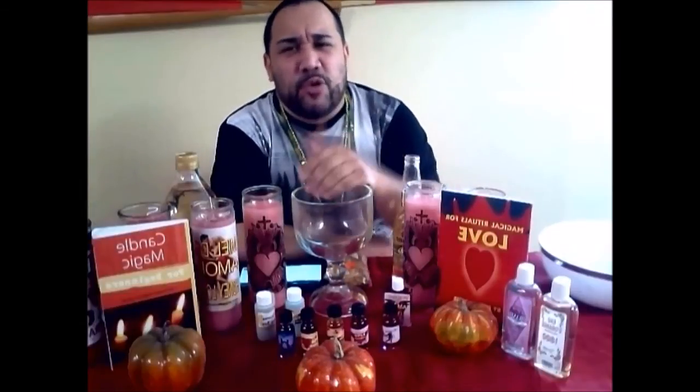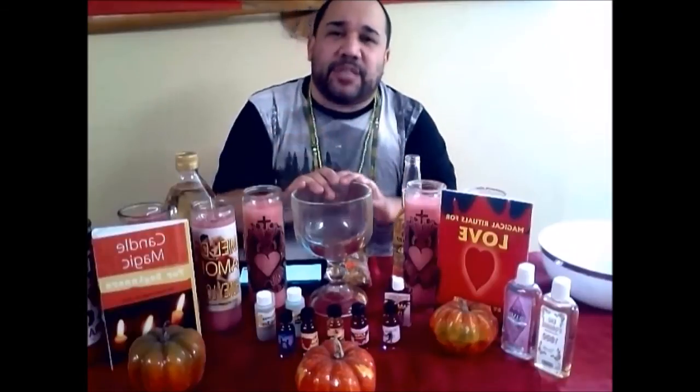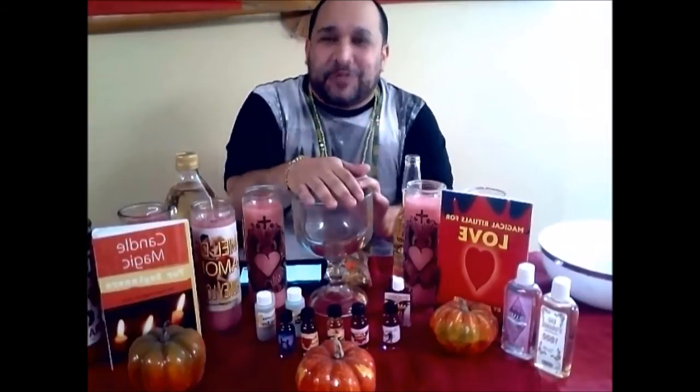You also need some olive oil. Olive oil happens to be used in a lot of the oil lamps. Some marigold, which you get in the herb counter. Some rose petals, dry rose petals, which would be good. And some jasmine flowers. This is the herb section that you get to put inside the lamp. A lot of people use herbs and oils or different scents of powders to put into their lamps. I'm just using a simplified version here so you can do this and invoke the spirit of love into your